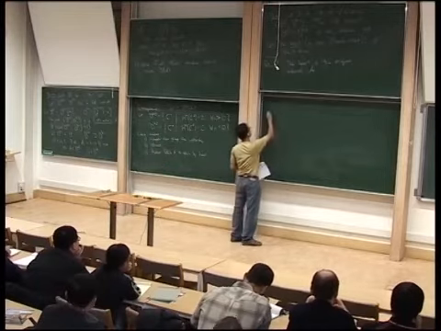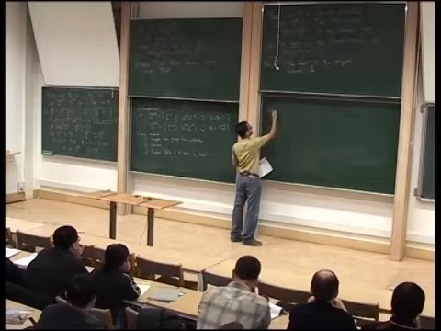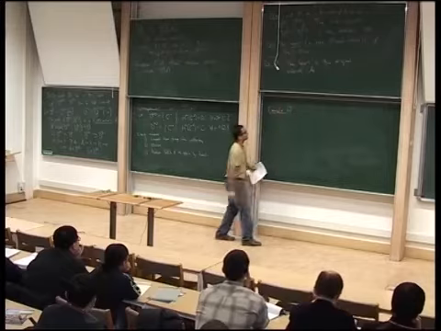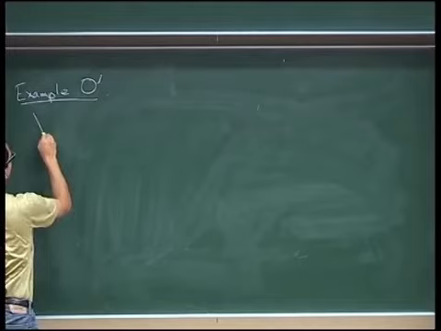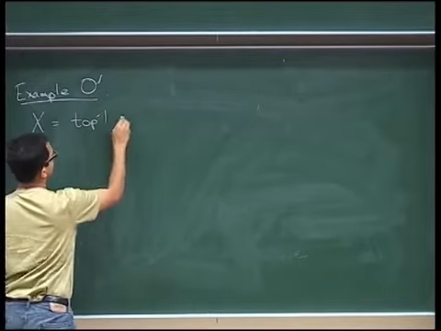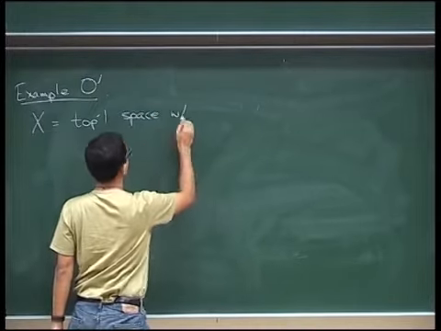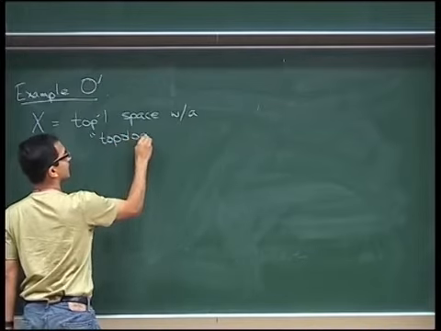This is not very different from example 0 in some sense, so I'll call it 0 prime. So the setup here is going to be that X is a topological space with a topological stratification,